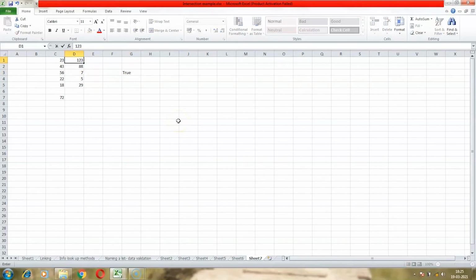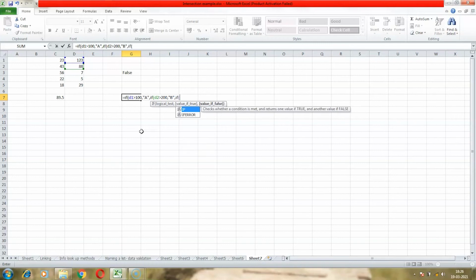Now in any blank cell, type IF, bracket open, D1 greater than 100, comma, quotes open, A, quotes closed, comma, IF, bracket open, D2 greater than 200, comma, quotes open, B, quotes closed, comma, IF, bracket open, D3 greater than 300, comma,